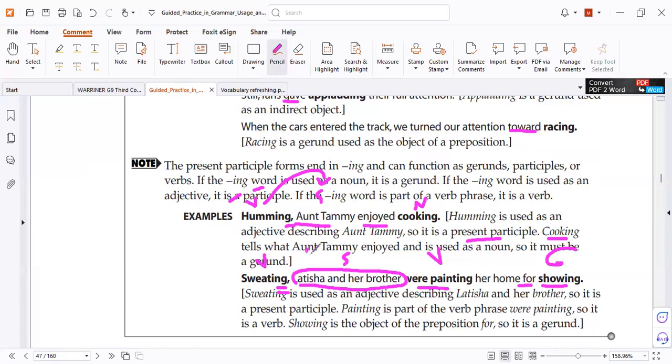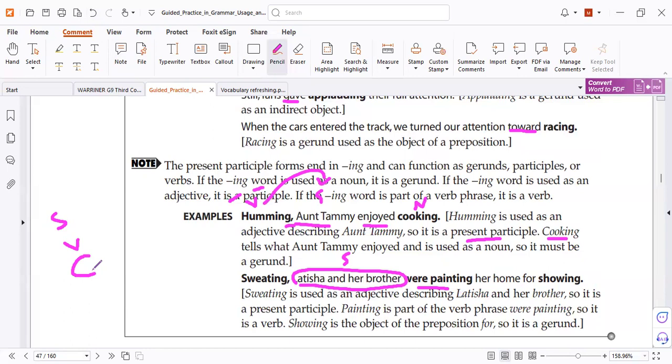But that is done by the subject. This is the action verb of the sentence. So subject, verb, and this is a sentence, not a fragment. If you delete any one, the meaning could change. If you delete showing, it's a fragment, wrong. If you delete painting, it's wrong. But if you delete sweating, it's correct. Here the present participle is like additional information. And as I told you, if the sentence lacks a subject, or lacks a verb, or lacks a complete thought, it is a fragment, and fragment means wrong.